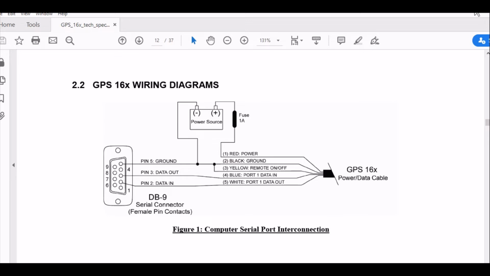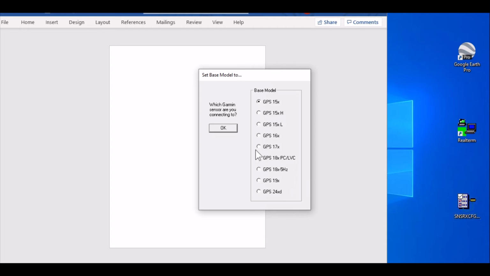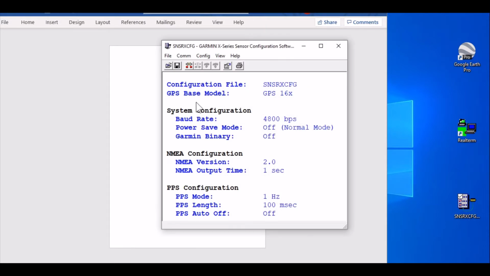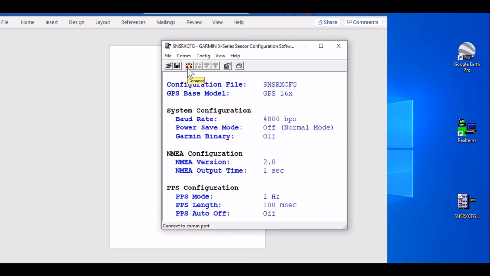So let me minimize this back and come over here. This program right here is just a simple exe program that you download from Garmin. We'll fire it up here, and you pick out the model that you want. We're going to go to 16X, and we're going to go OK. And now we can select our COM setup, and we want COM 1, and we can go manual since I know it's going to be 4800. And once we get that selected, now we can connect to it,